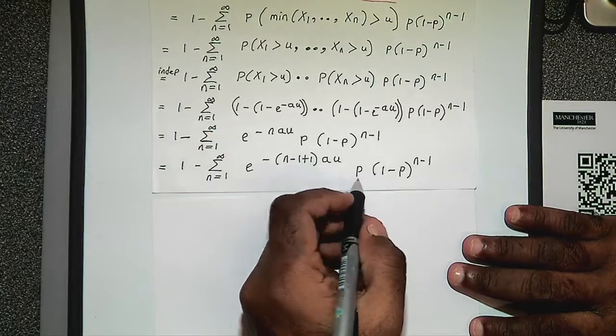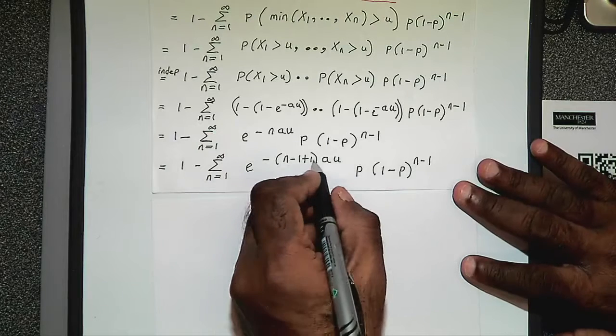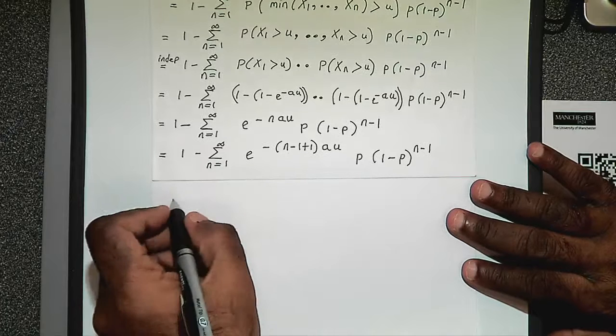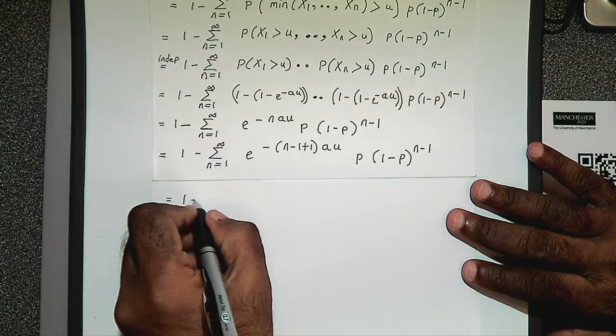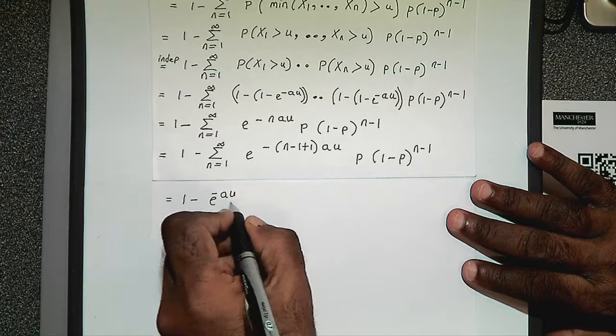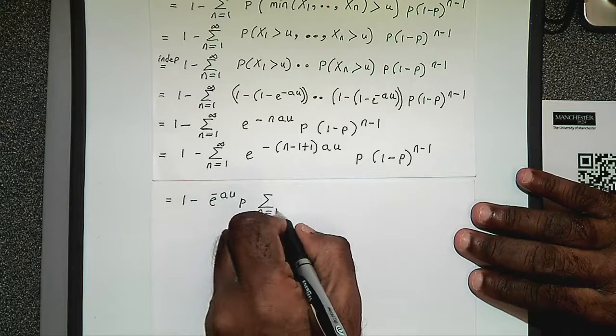Now I'm going to take the p outside of the summation, and also I'm going to take this guy here outside of the summation. So you get this to be equal to 1 minus e to the au times p. Then in brackets you have